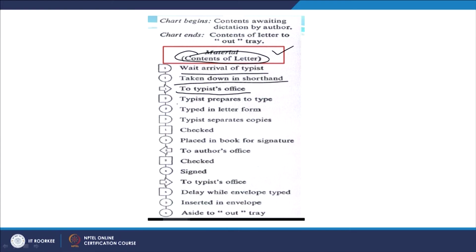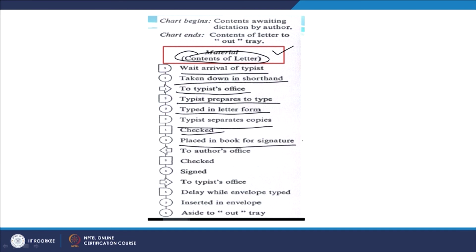Now the material is taken down by the typist in his shorthand book. Then the material moves to the typist's office. The typist prepares to type. It is typed in the letter form. The typist separates the copies. It is checked by the typist. Placed in the book for signature.